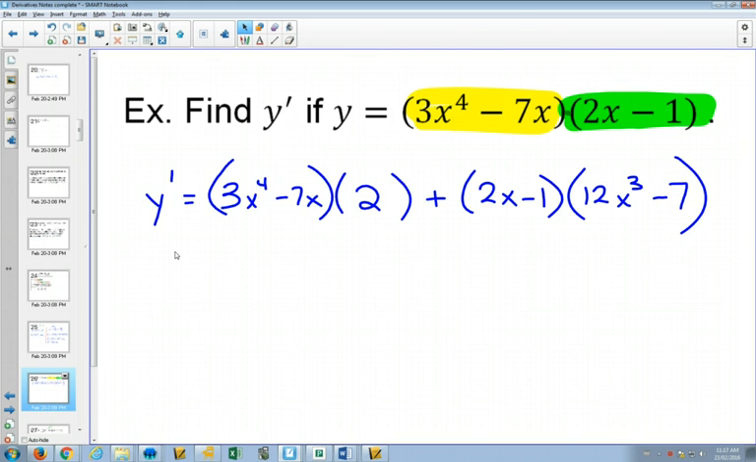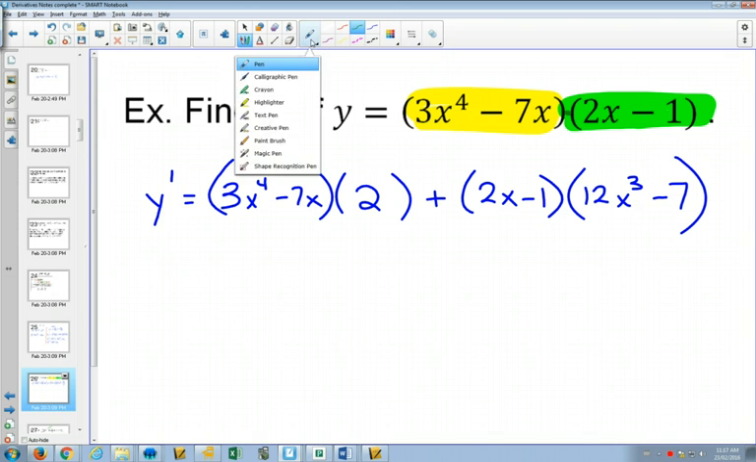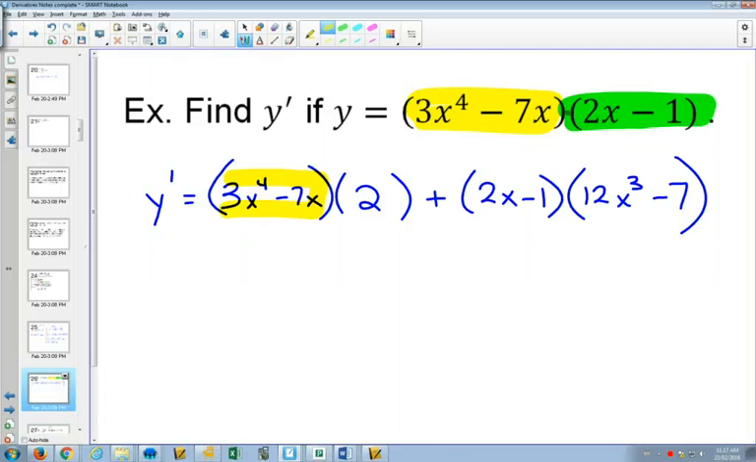And how did you do? So we kept our first one the same right here, multiplied by the derivative of the second one. Then we kept the second one the same right there and multiplied by the derivative of the first one. And again, if it didn't ask you to simplify, this would be done. If you were asked to simplify,